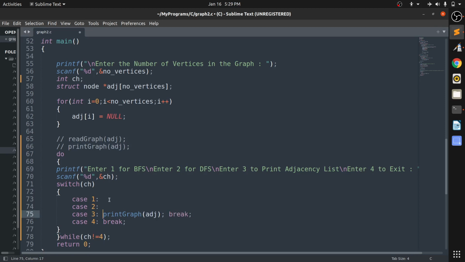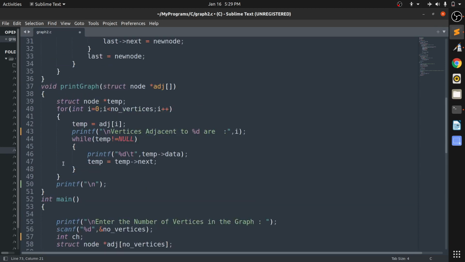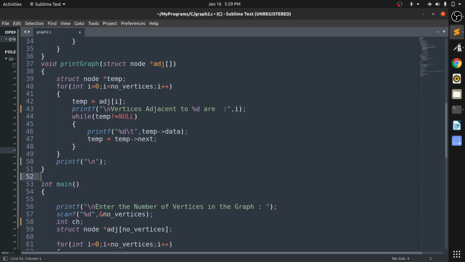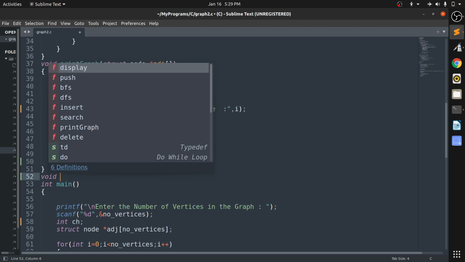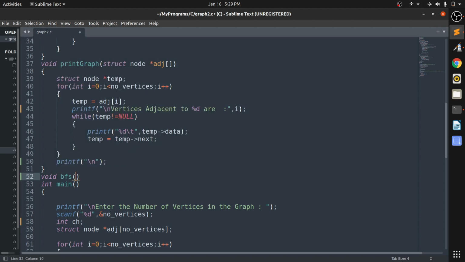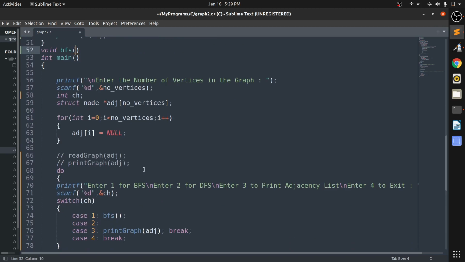Now for BFS, I want to design this function. The prototype of this function is that it returns nothing, so the return type is void BFS. Now what things do we need for this?